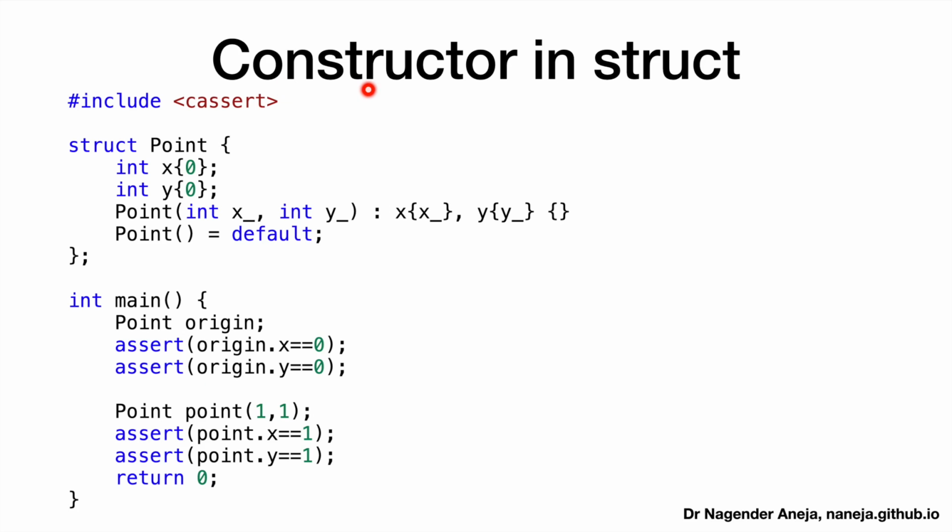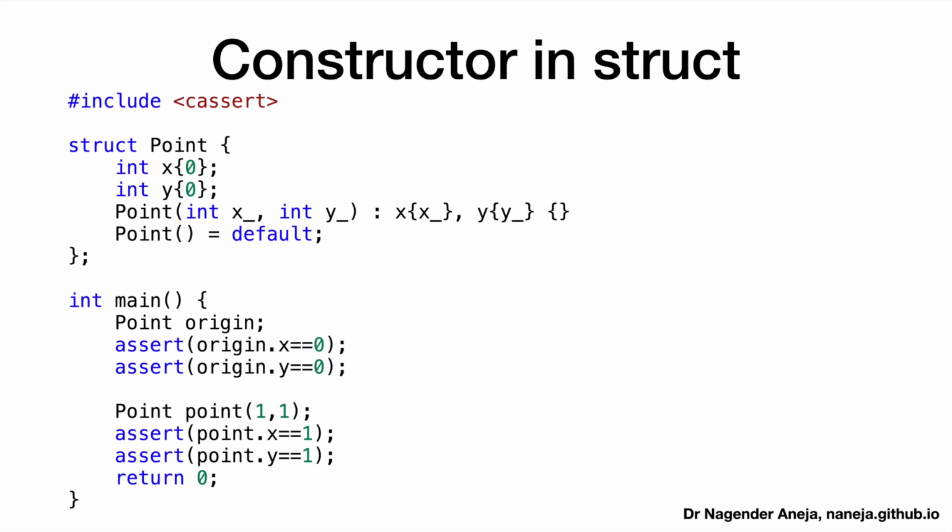We can have constructors also in the structure. Like we have a point, we declare two variables x and y, and this is 0, this is 0. Then we can have a constructor here, and this constructor is another function that creates an object. It creates an object with some values. For example, you don't want to assign 5 later, but you want to create an object with some default